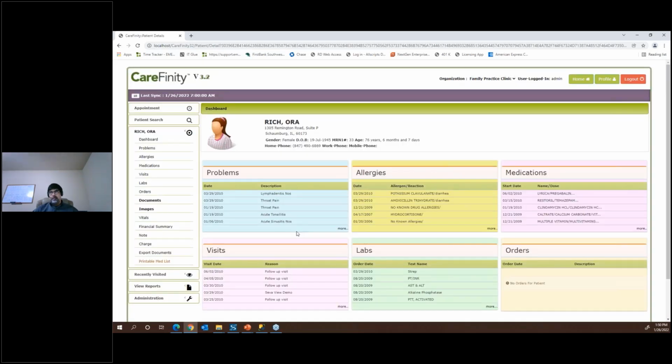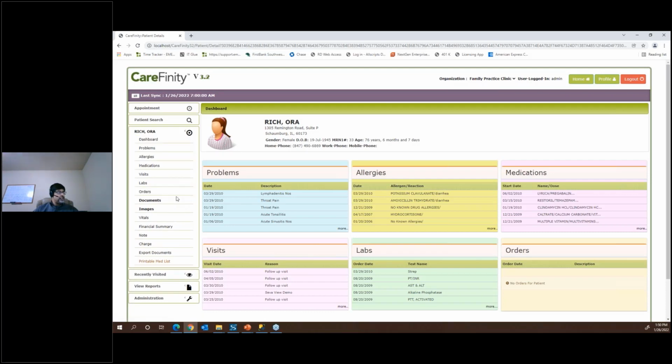So this takes me to what we call our patient dashboard, which is summary clinical information about that patient. At the top of the page, you'll get patient demographic information. If you're capturing the patient EHR, and depending on your EHR system, you could get that patient picture as well in here. And then you get some summary clinical data, their problems, allergies, meds, visit, lab, and order history. So what we show you is the 5 most recent items available in those sections. So the most recent data is going to be available for you there. And you're able to then go in and look at that information.